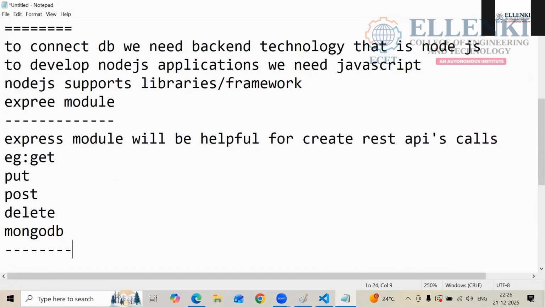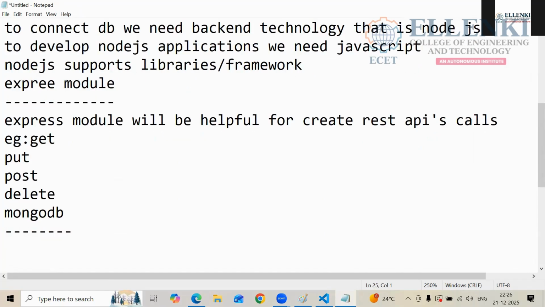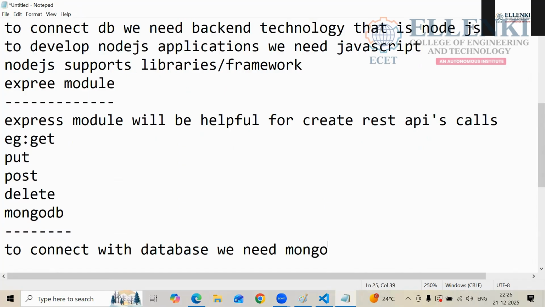To connect with this MongoDB database, we need the MongoDB module.